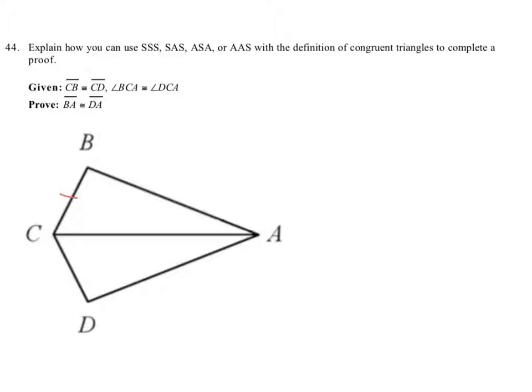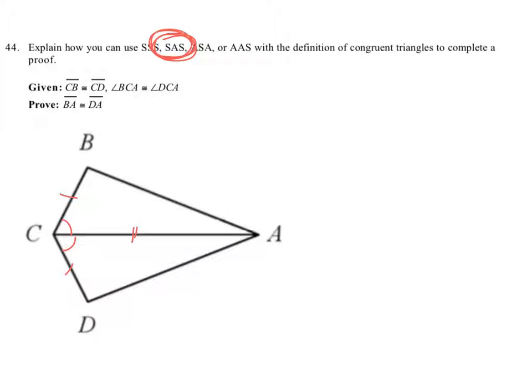We've got this is congruent to that. They told us that. This is reflexively congruent to itself. And we know that BCA is congruent to DCA. And therefore, through side, angle, side,